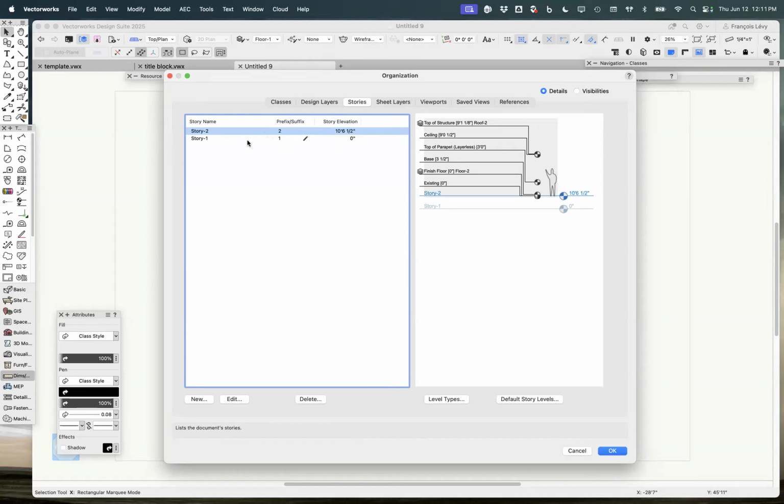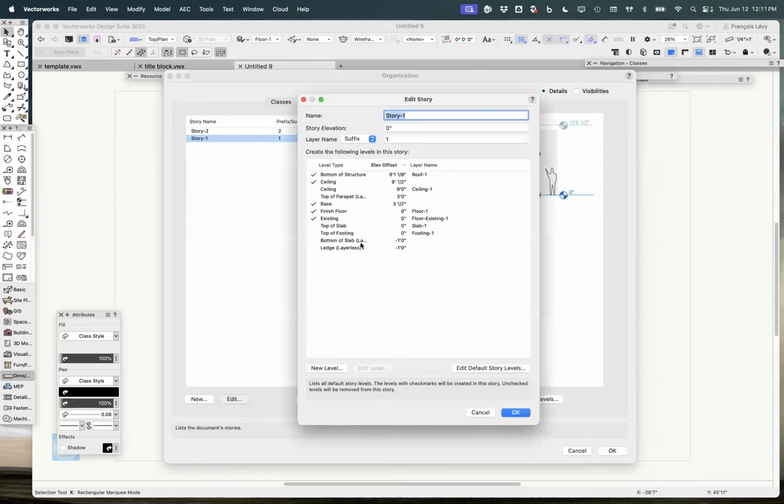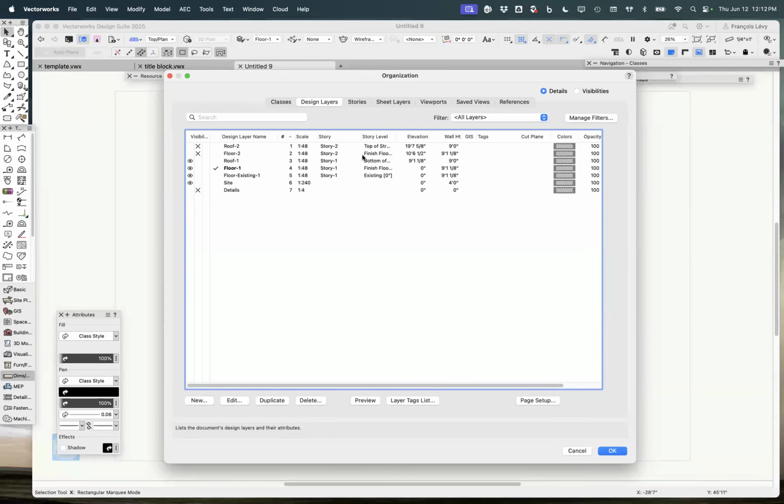And so because so many of our story levels have layers assigned to them. So I've got a bottom of structure with a roof layer here, a finished floor with a floor layer. I've created a custom story type called existing for my existing construction in the case of a remodel or an addition, right? And so because so many of those layers are linked to story levels, I just wanted to talk about stories first and then point out that in the template, there are also standard